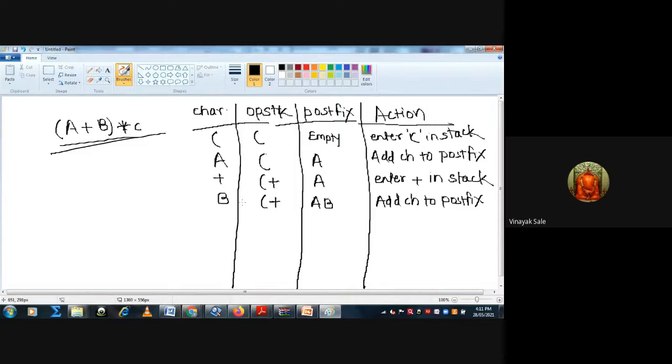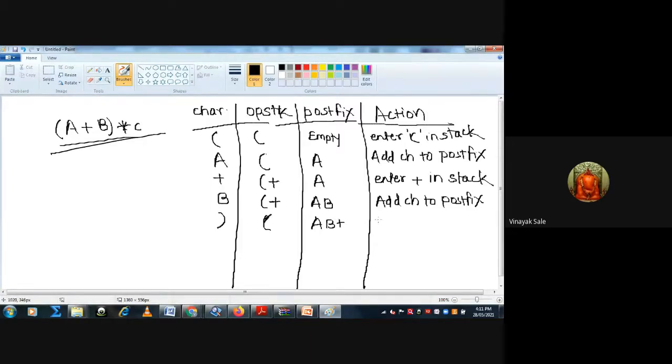Then enter closing bracket. The operation stack is opening bracket only, and the postfix is A B plus.